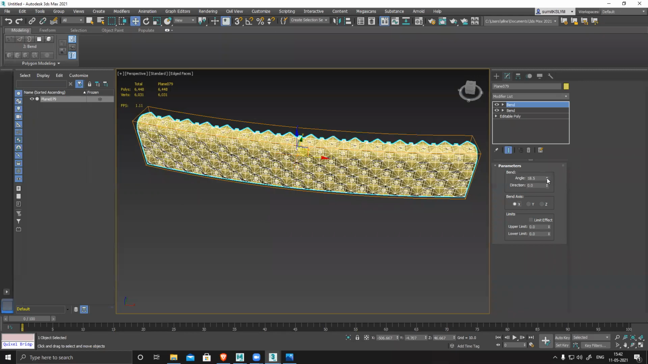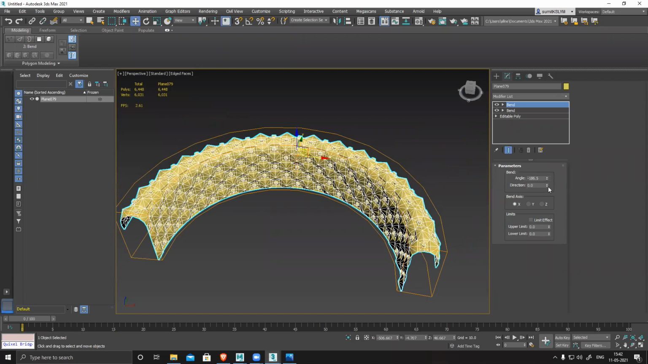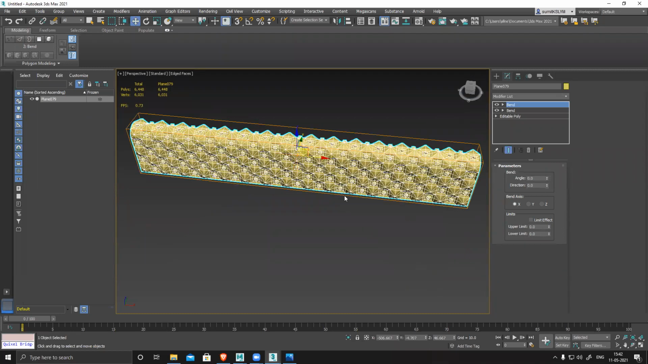Not this one. Yeah, this one. It should bend like this. So I have to limit these corners. Okay. Oh, sorry, I have to switch on limit, not this side. The lower limit I have to increase. Go to minus,